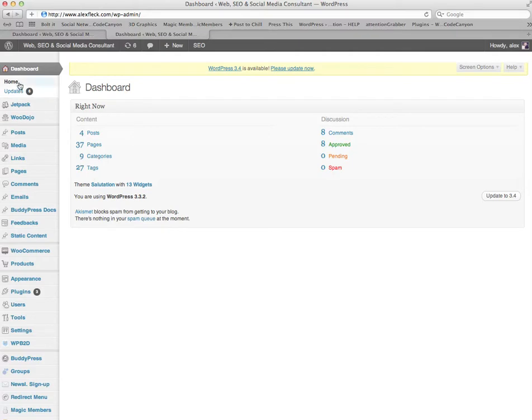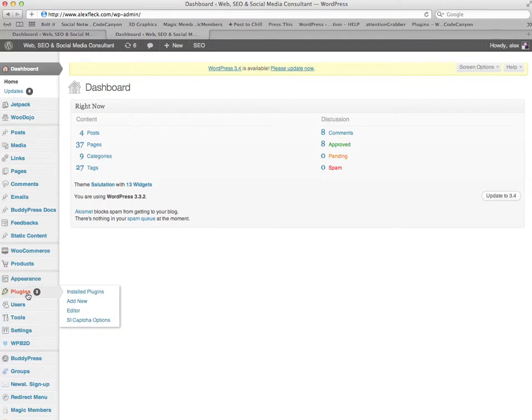With WordPress, everything is controlled down the left hand side. Now bear in mind, I've probably got about twice the amount of information along this left hand side as you will normally get on a basic WordPress installation, so this may make it seem quite complex. It really isn't. You'll get a lot of the basics. If you install WordPress for the first time, you'll get a number of these titles. You'll get the dashboard, posts, which are basically relevant to your blog posts and certain types of media that you'll be using, your media, links, pages, which is just a full list of your pages on the website where you edit those, comments,